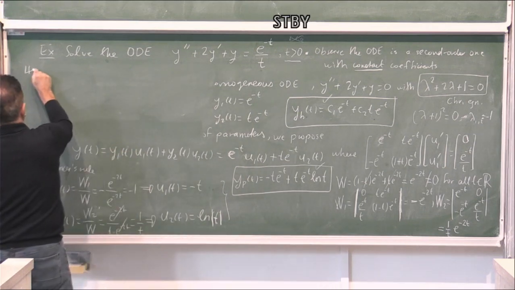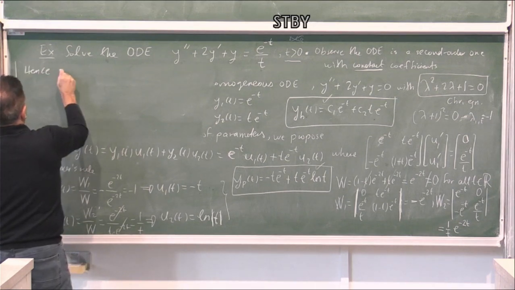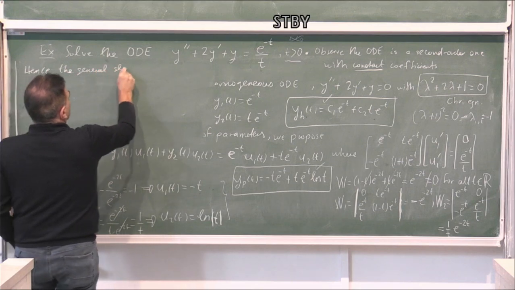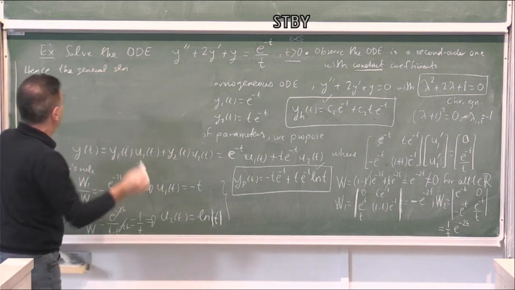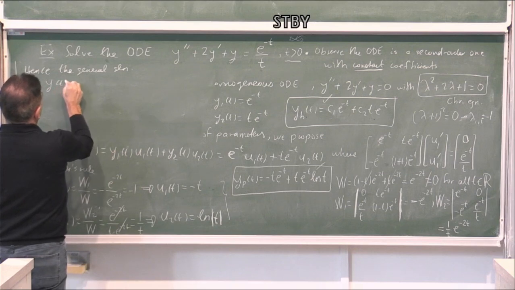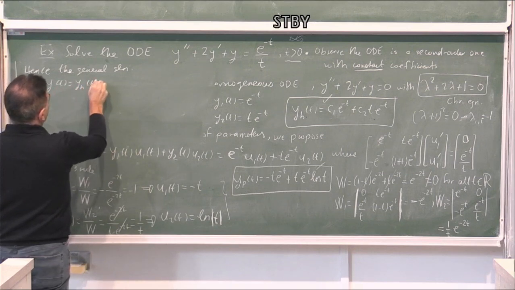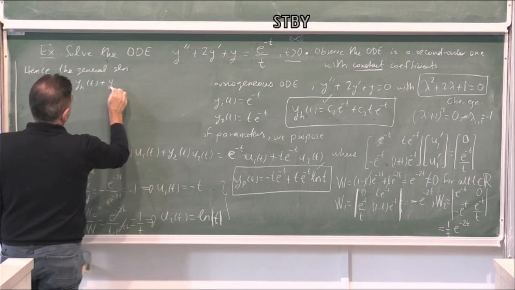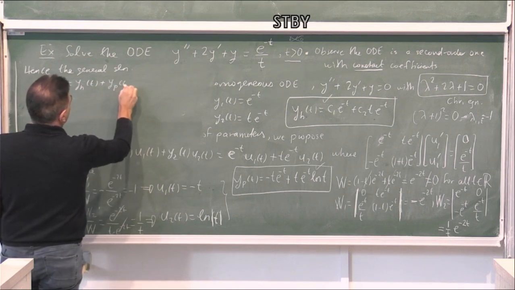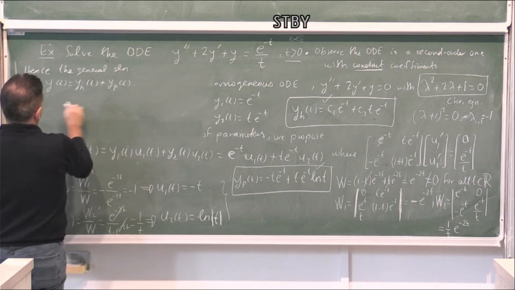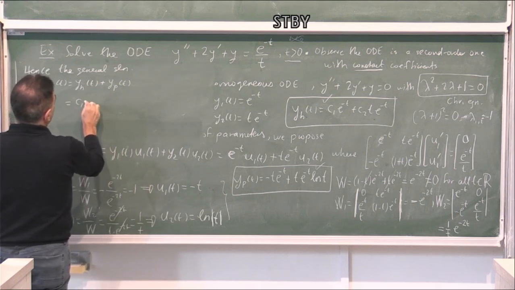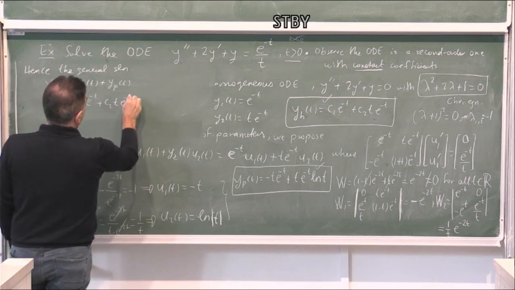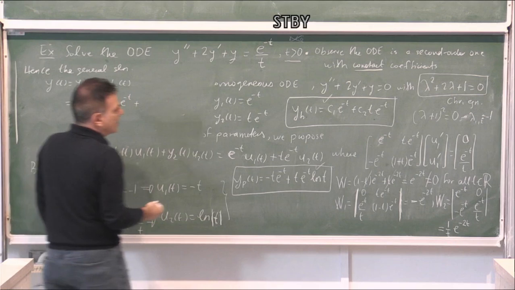Hence, the general solution suggested by the general theory is the superposition of a homogeneous solution and the particular solution. So it is of that form: C1 e to power minus t, C2 t e to power minus t, plus